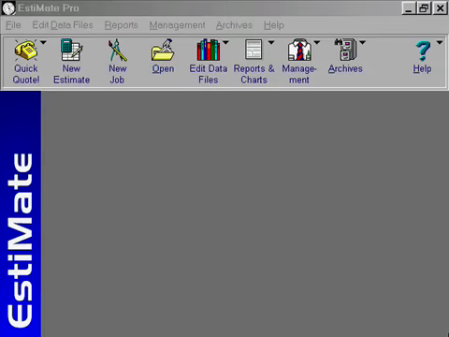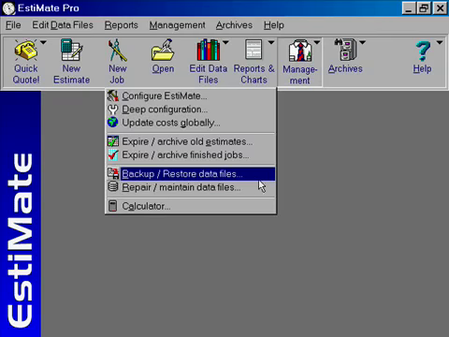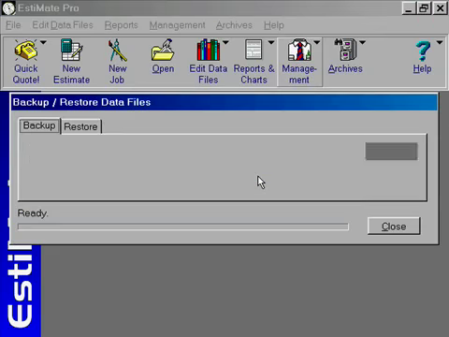It is highly recommended that you back up your data files on a regular basis in order to preserve them in case something happens to your computer. I know computers never crash, but one day it will, and when it does, you don't want to lose your EstiMate data. To back up that data, you click on the Management button and select Backup Restore Data Files, which